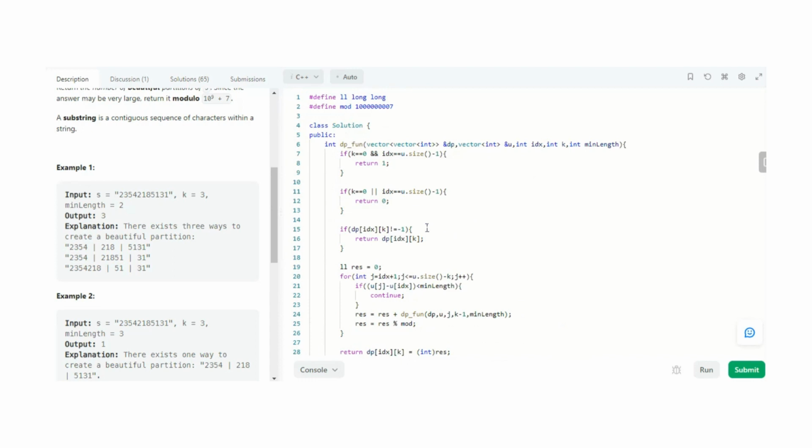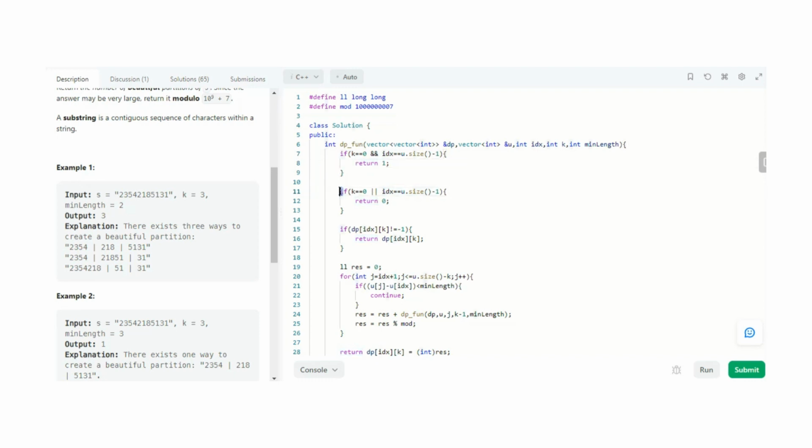So we'll push that, and we will make the recursive call where we pass dp, u, 0, k, min length as the parameters. So here we can see that this is the main base case for our question. This is the termination condition. As we discussed in the tree-like structure, when we want to backtrack, the final and satisfying condition of this question is that whenever our k becomes 0 and our index reaches the end of the string, when both are true, then we will simply return 1, meaning we get the valid partitions and valid substrings possible.